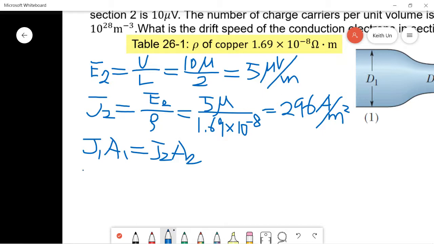So we will have J1 equals J2 times A2 over A1. And J2 is 296. Area will be